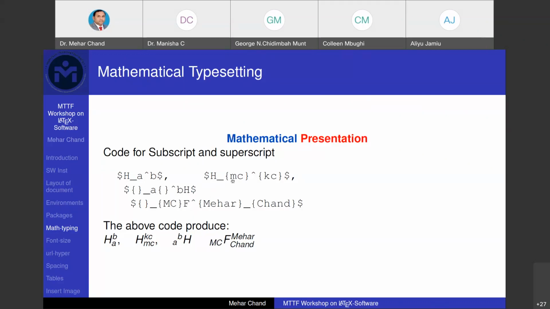You can see here four examples. In the second example, you can see H Kc upon Mc. In the third example, if you need subscript and superscript before any number or alphabet, we have to use an empty curly bracket, then underscore A, then an empty curly bracket, caret B, and H. So this will return, as you can see in the third expression, A, B, H. And there is one more example.